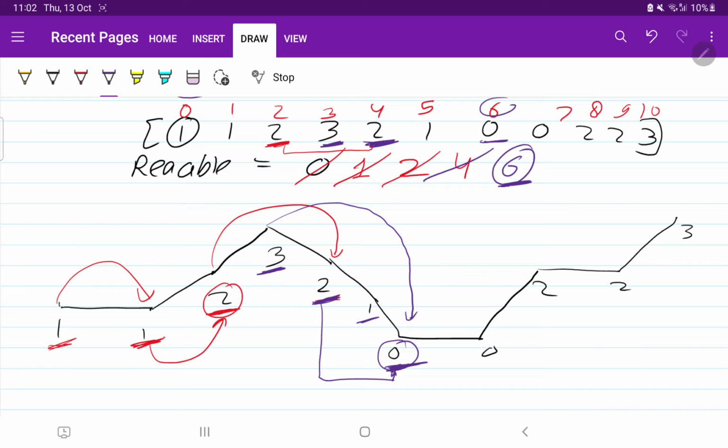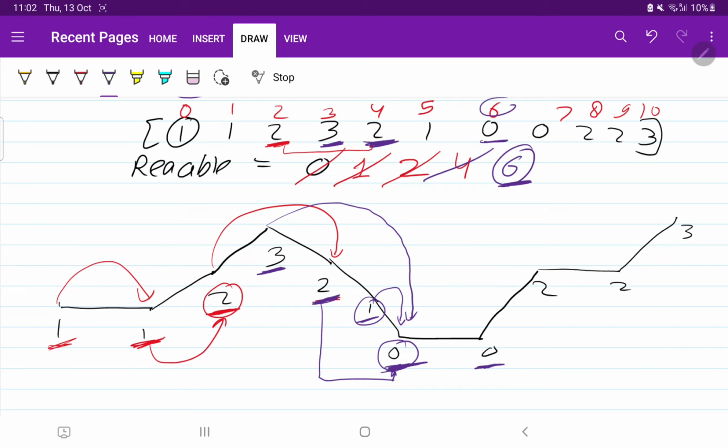Now we will come to the position 1. So we will say 1, where can you reach us? He told that again I can reach only one jump. So it will again tell us the index 6. We will come to 0. So where can you take us? He told that I cannot take you anywhere because my maximum distance I can jump is 0. So he will not do anything.